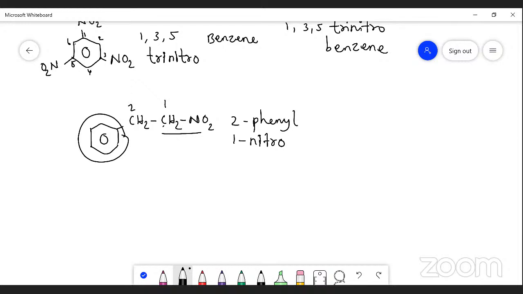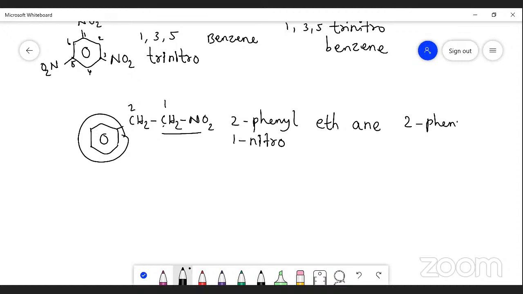How many carbons? 2 carbons. So the root word is for 2 carbons, and the primary suffix is a. Combining these, the prefix 2-phenyl, 1-nitro, the root word, and the primary suffix,